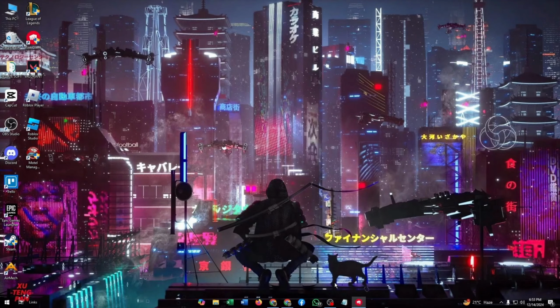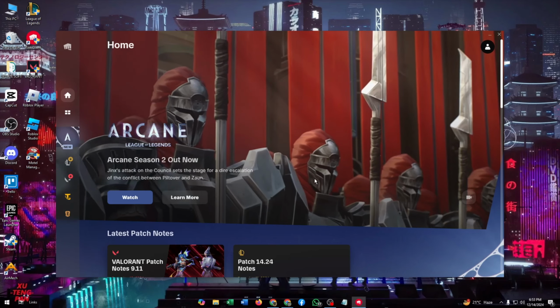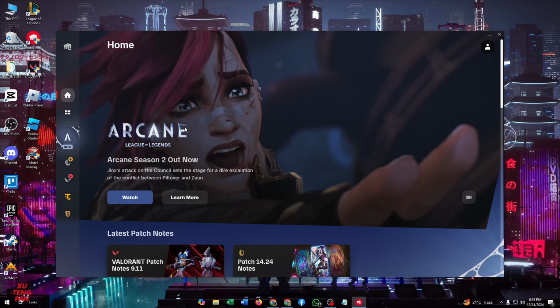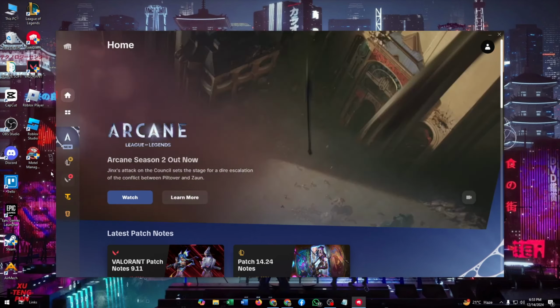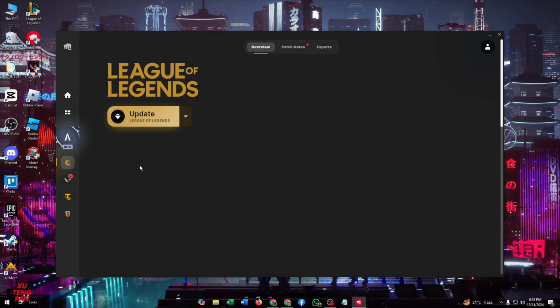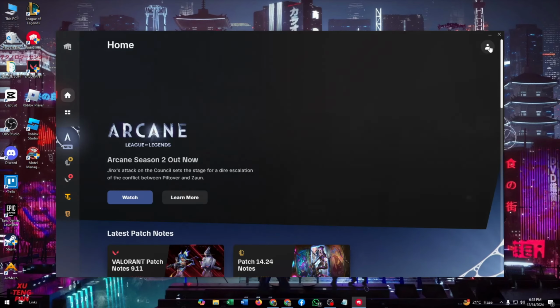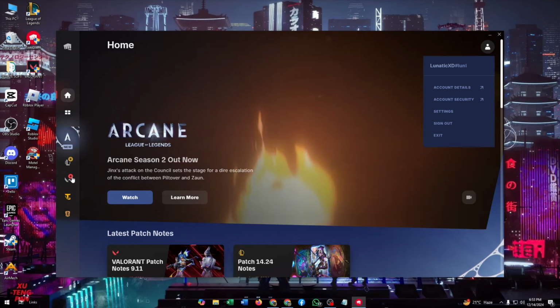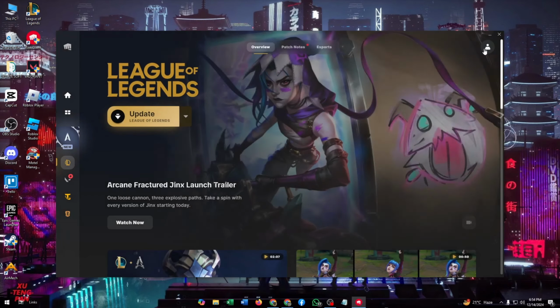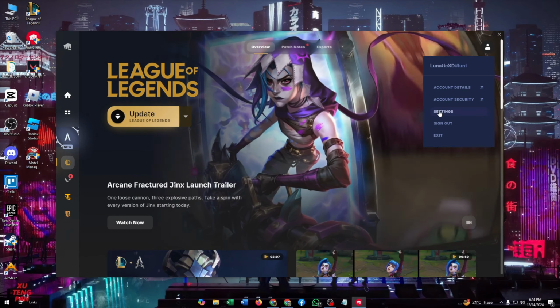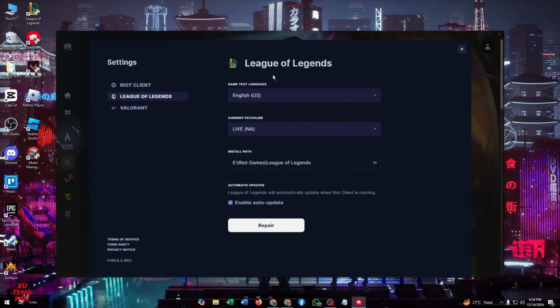First, you have to open your Riot client, then go to League of Legends. You just need to simply click on the League of Legends icon here. Now, at the top right corner, you will find a profile. You must click on the profile icon when you are at the window of League of Legends, and from here